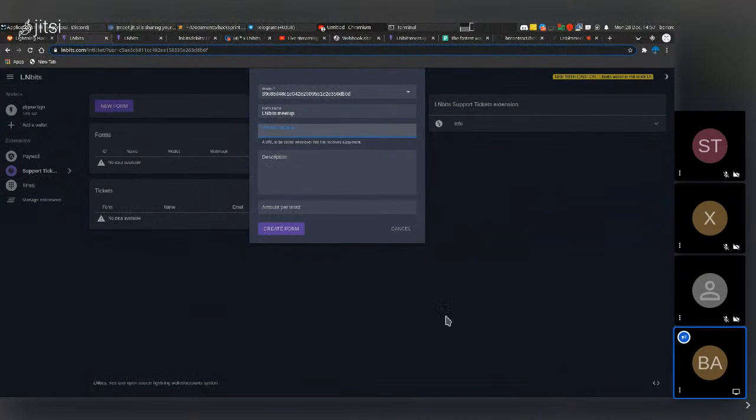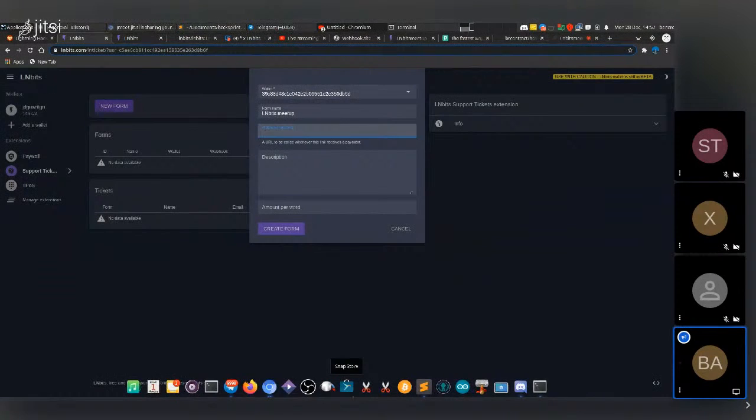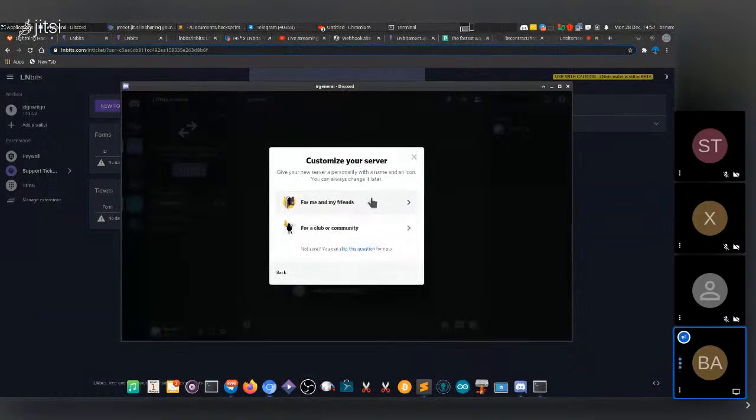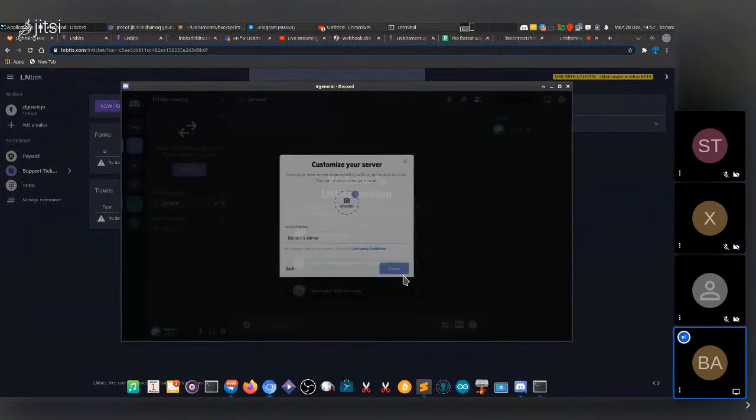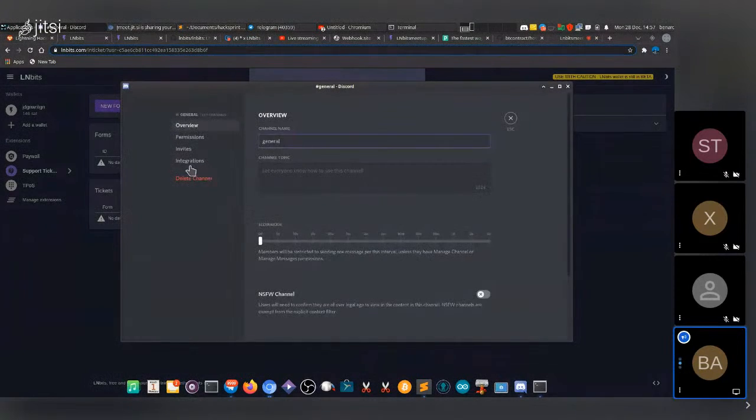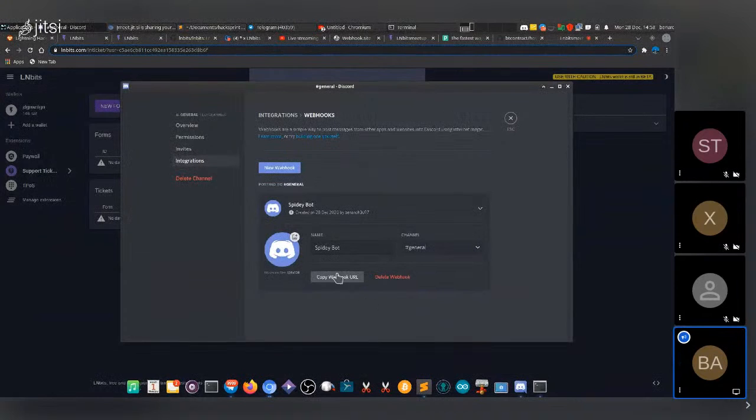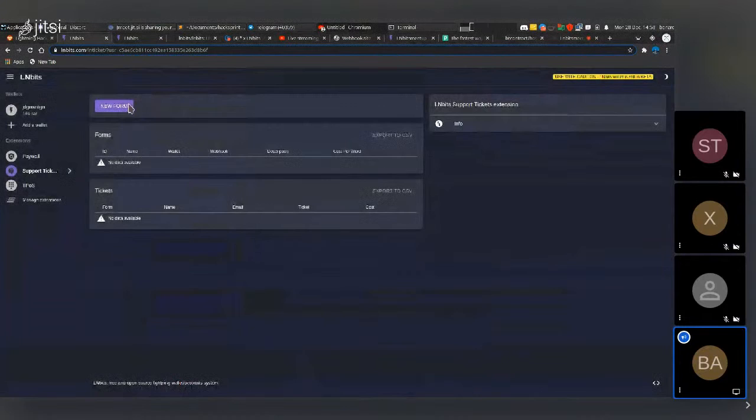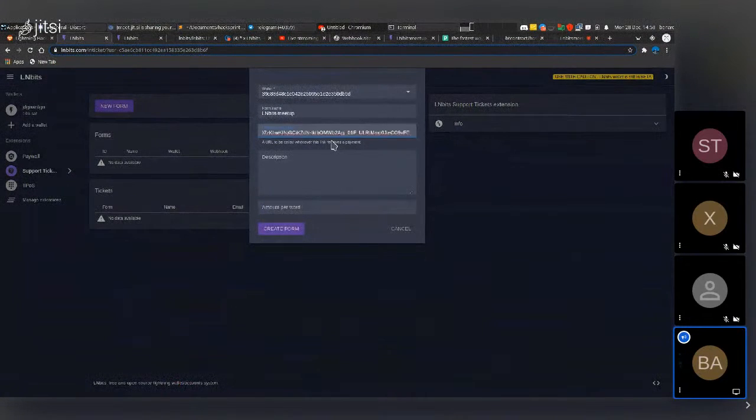Yeah, it's Discord. If I open up Discord, it's already open. Oh, there we are. Right. Here we go. I'll make a new server. So create a server, me and my friends. Create. Okay, cool. If I go to edit channel, integrations, create a webhook, copy the URL for that webhook, and then if I put in a new form in LNbits, I put the webhook in there, pay sats to ask a question,